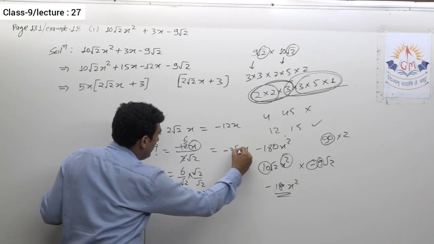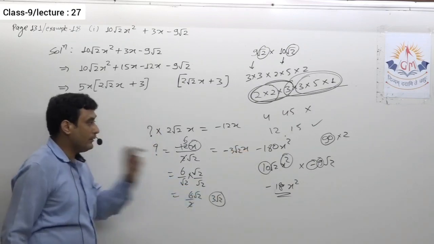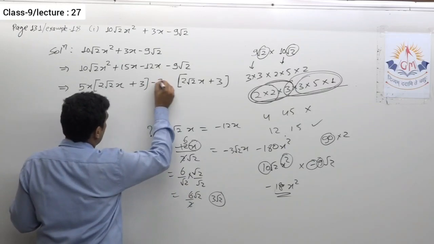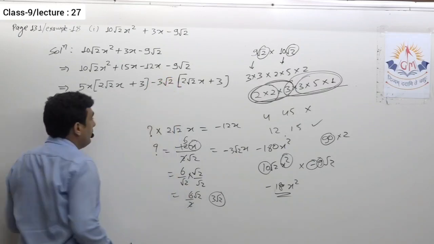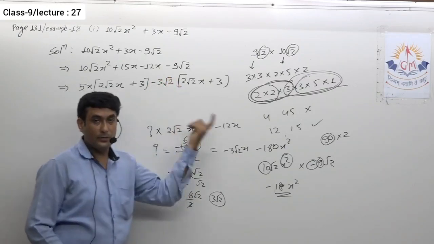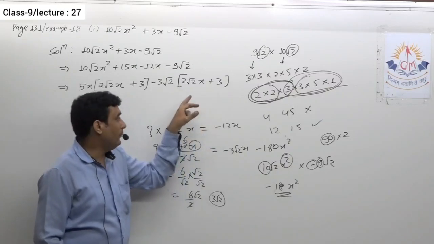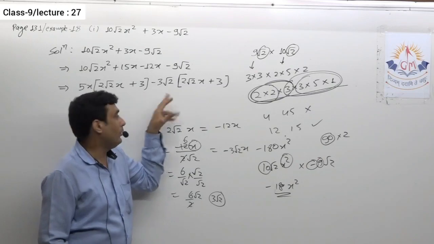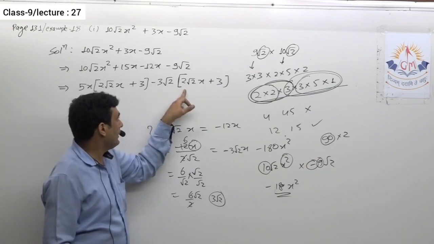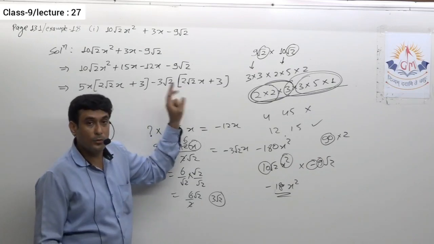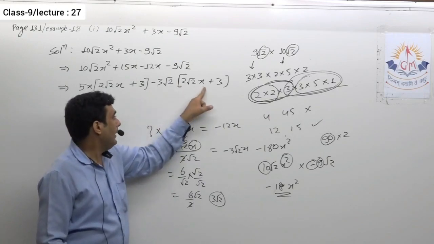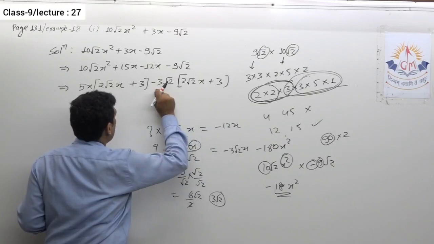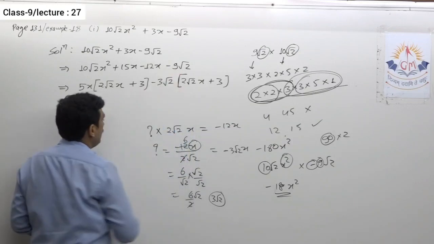So this should be taken common. Minus 3 root 2x I will take common. So here I do write minus 3 root 2. Now you can check it in a reverse way to confirm whether what you have taken common is right or wrong. So 3 2s are 6, and root 2 into root 2 is 2. 6 2s are 12x with negative sign. And over here it is very easy, 3 multiplied by 3, 9, root 2 with negative sign.